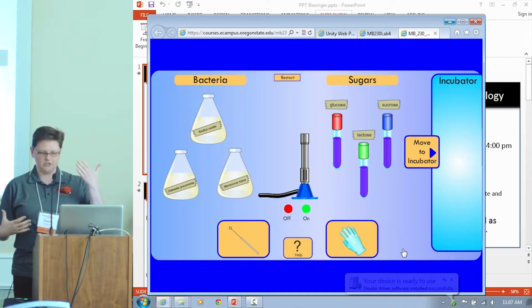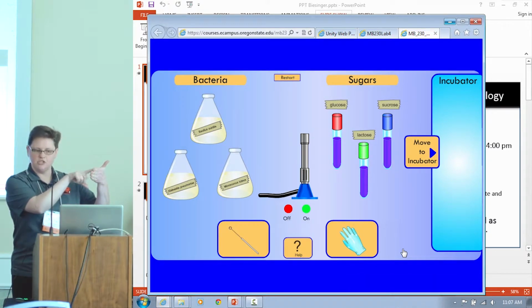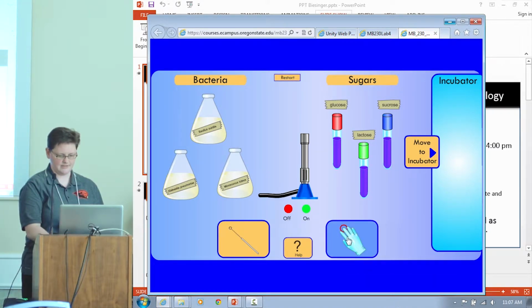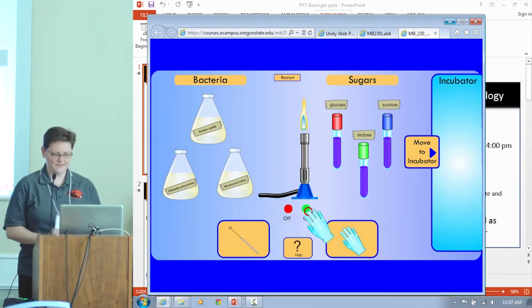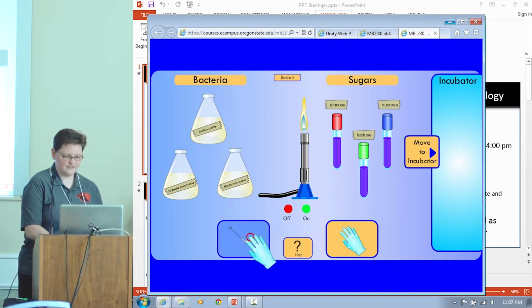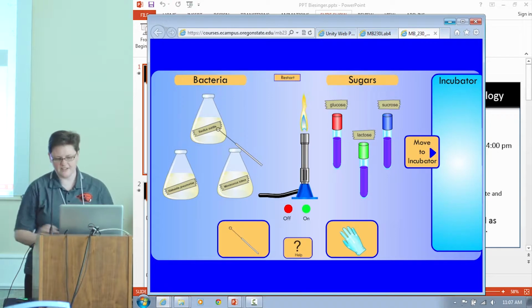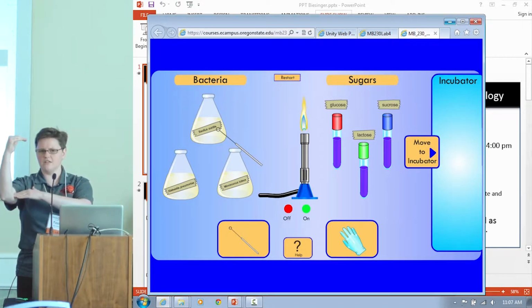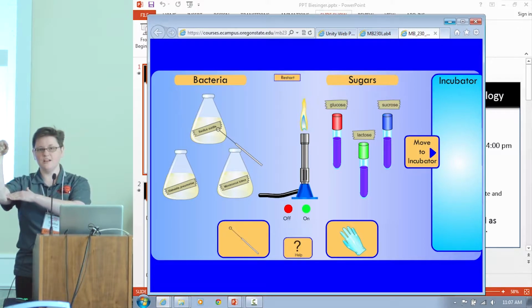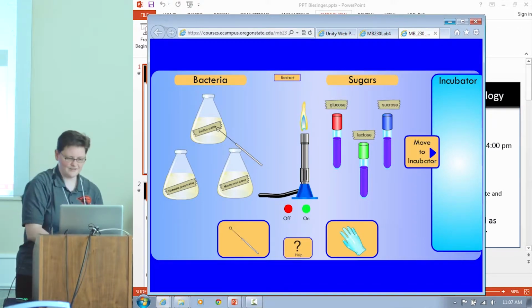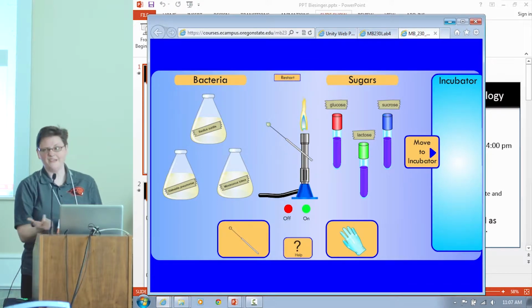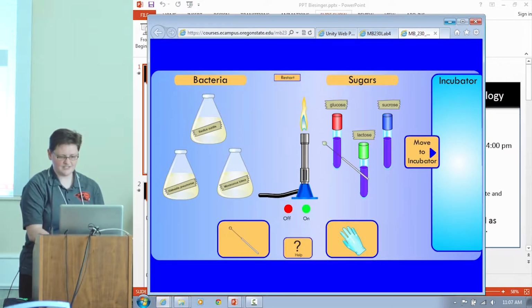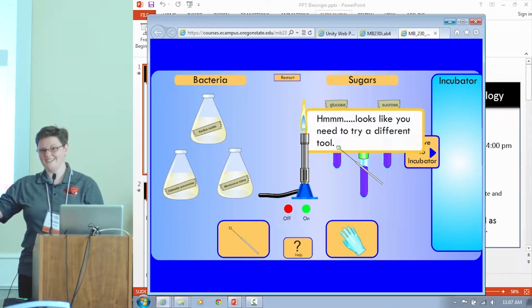And they have a lab manual, so they can be reading in their lab manual. It says to do this. How do I do this? Well, let's see. I need to turn on the Bunsen burner first, maybe. Okay. I need to pick up my loop and get a loop full of bacteria. So my bacteria are over here, I have my sugar tubes over there, and of course none of this makes any sense to you, but if you've got the lab manual right there, it says take bacterium number 1 and put it in tube number 3. So they pick up a loop full of bacteria, but I didn't actually sterilize my loop. And so if I do this process, it's going to give me errors.